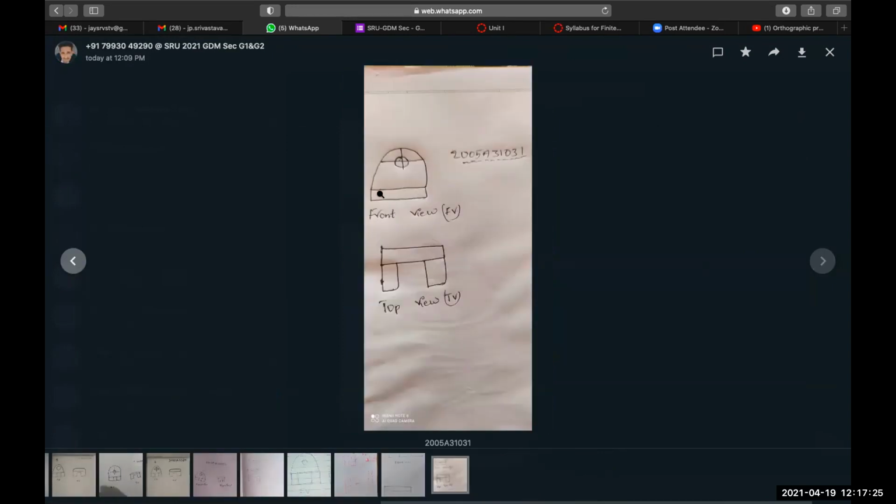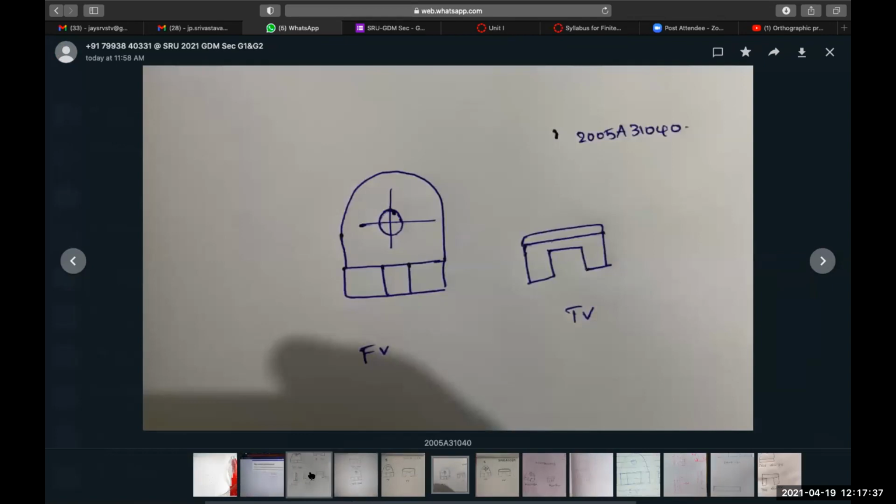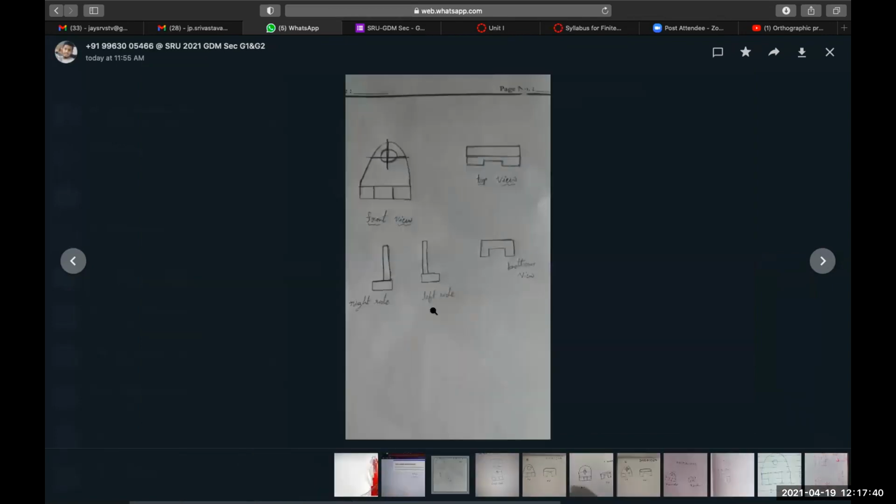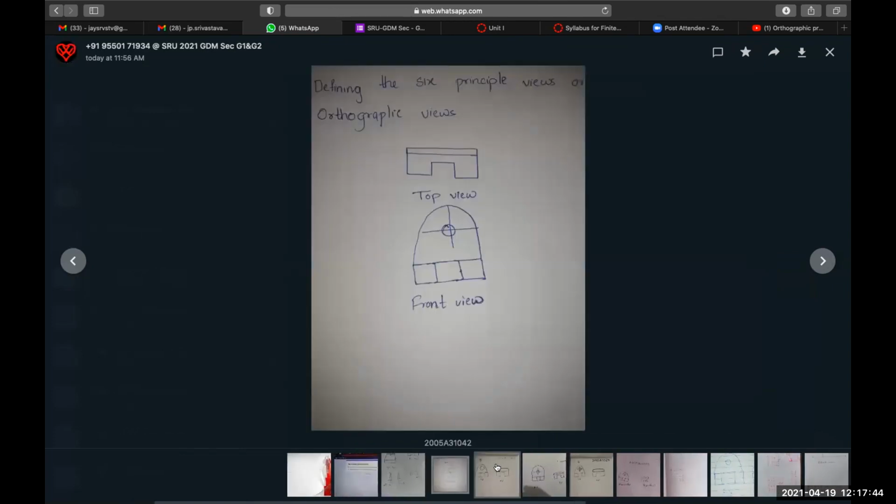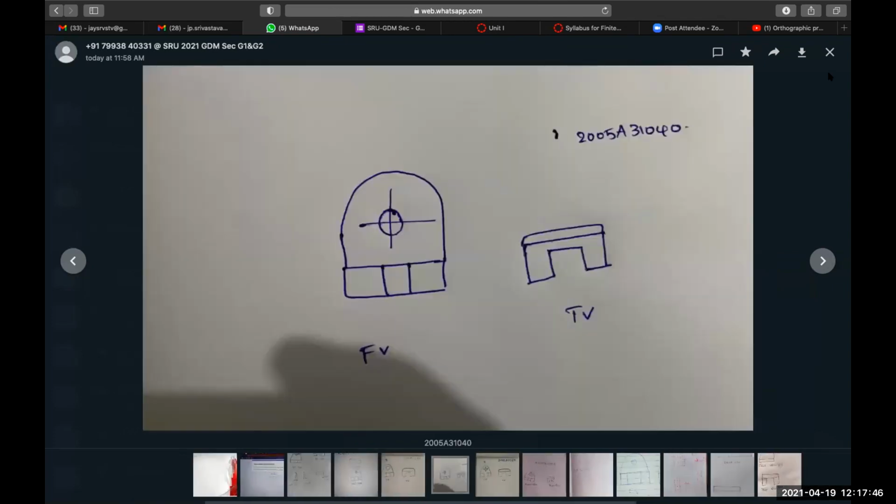Here, this student has drawn the front view and top view in the right position, but forgot to draw this reference line. Rest everything is correct. So what I'm trying to show you is the location and orientation. You have drawn the side view, front view and top view perfectly correct, but the thing you have to take care of is where you put your front view and where you put your top view.